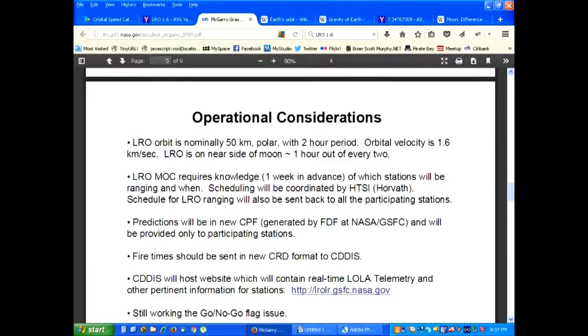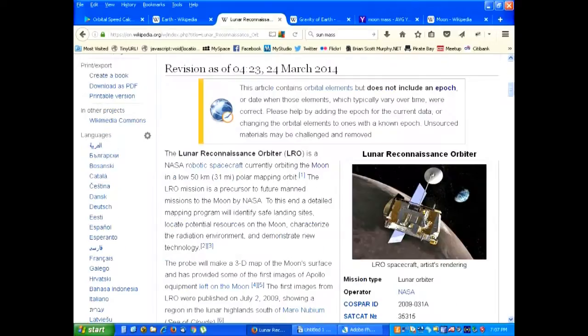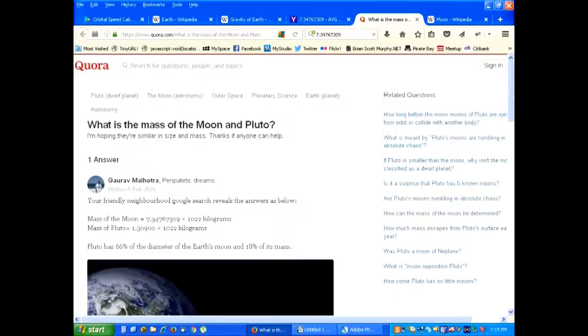The Lunar Reconnaissance Orbiter, or LRO, first orbited the Moon with a speed of 1.6 kilometers per second. From the surface of the Moon to its center is 1738 kilometers. We add 50 kilometers for the LRO's height above the Moon. We can use 1758 for our radius into the calculator. The mass of the Moon is shown here at